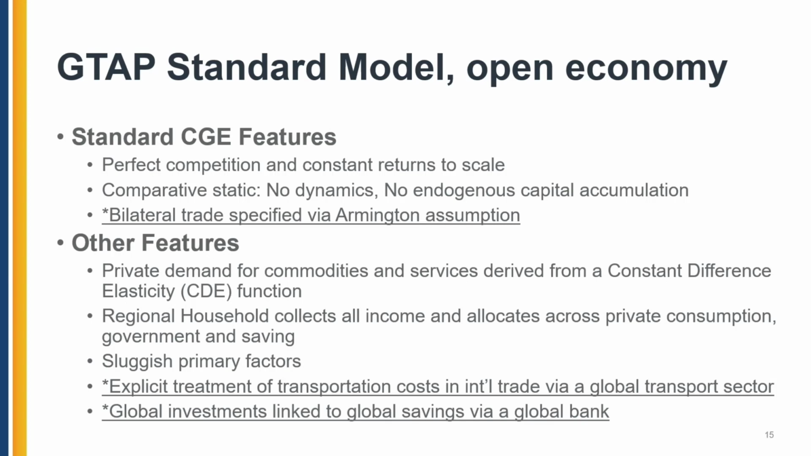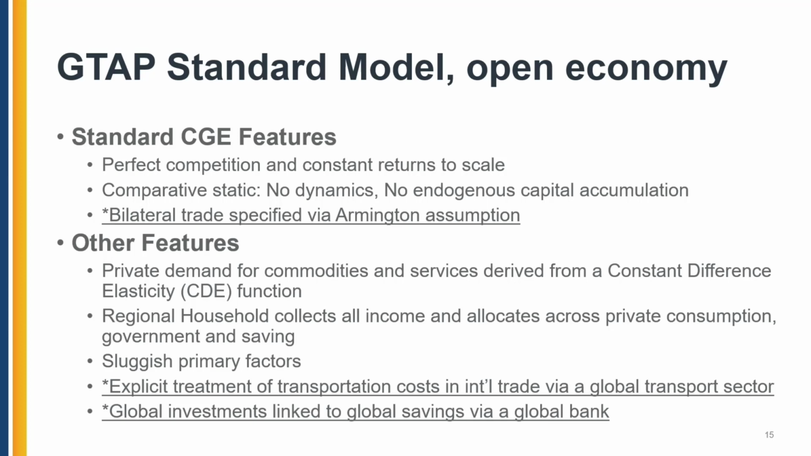We went through and said, what are the standard CGE features we've seen? What were the standard features that GTAP has employed? Right, so what can we call the tradition of GTAP, the tradition of CGE? And I've added three things here. Perfect competition and comparative static remain. And then the third feature that is a thread through many CGE models is the bilateral trade through Armington. If we move to the other features, the things that GTAP has employed, we have the regional household, the